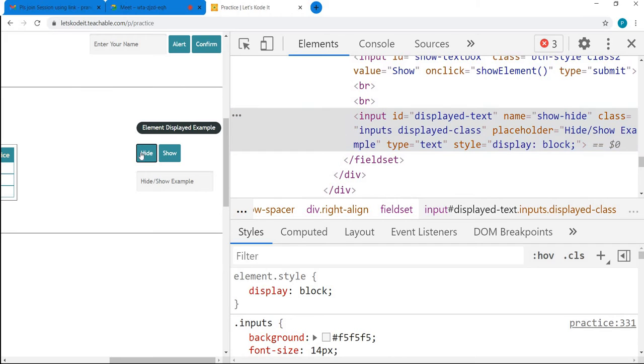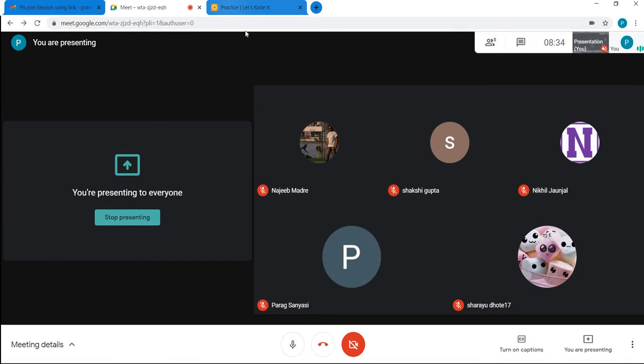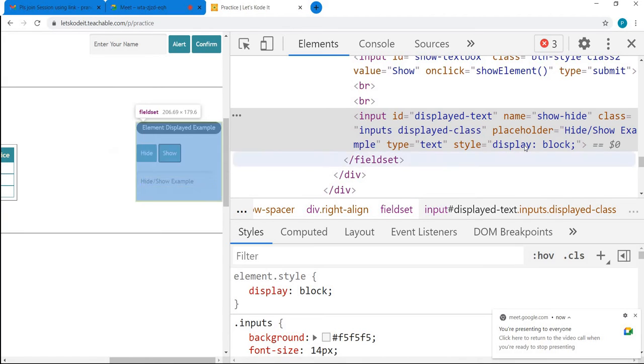Now when I click on hide, the element is still there in the page. You can see this element representation is still there. The only change is happening in its style attribute. You can see the style attribute's value. I am clicking on show. After clicking on show, the style attribute is set to display: block.